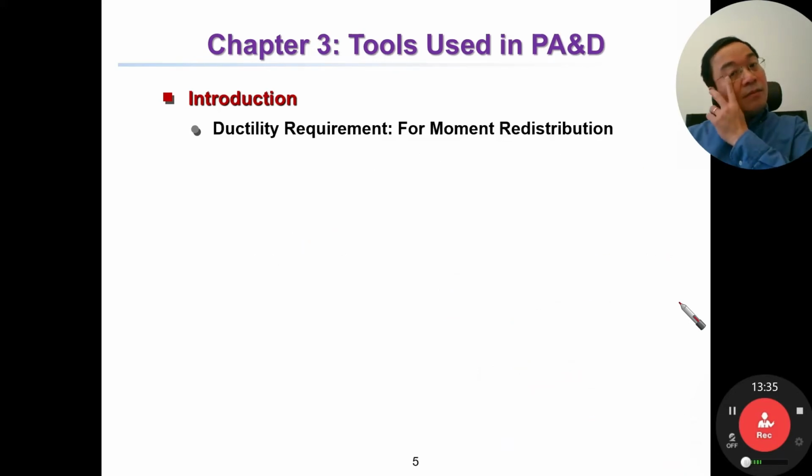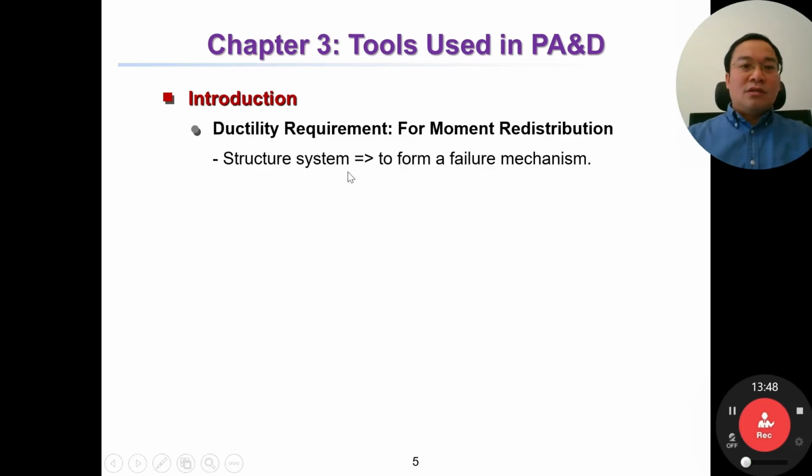For a system, the ductility requirement is for the structure, or for the system. It is required to form the failure mechanism. To form the mechanism, it is required that